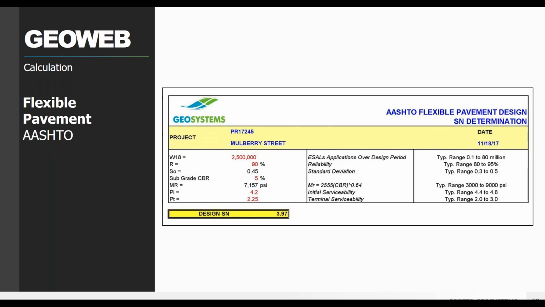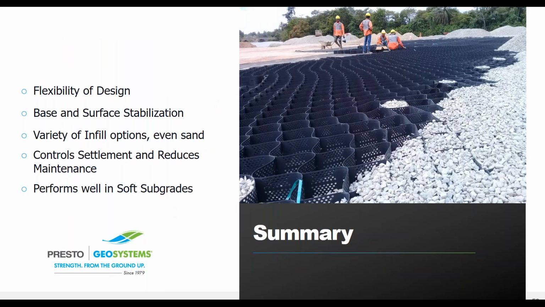And just so you know, for all of our projects where the GeoWeb system is the base stabilization underneath asphalt or concrete, we follow the AASHTO method to make sure that you're going to have an acceptable solution, so that we're not just making this up on the fly. We are following accepted standard practices for these sorts of things. And we do provide our calculations to you. So if you need those in the future, part of your bid package, make sure that everybody's comfortable using the solution. You have these with you as soon as we hand them off.